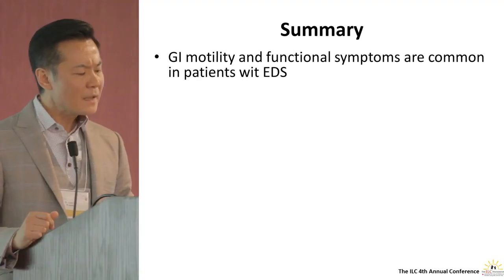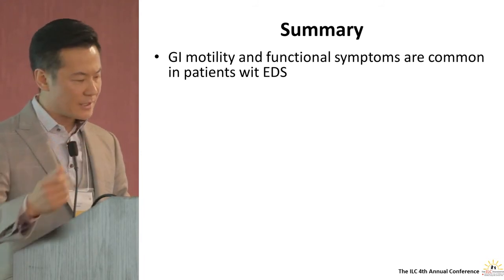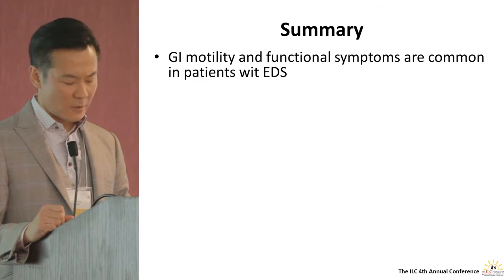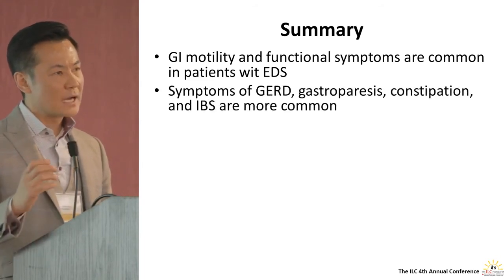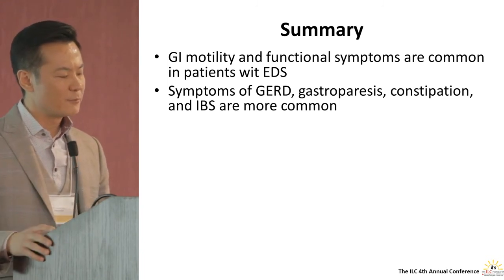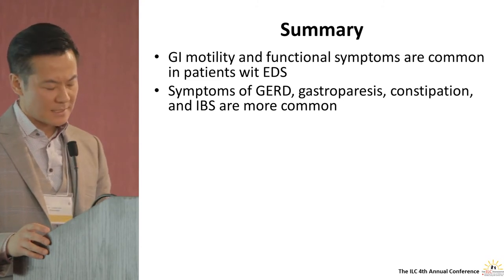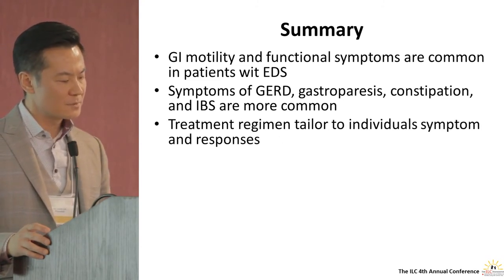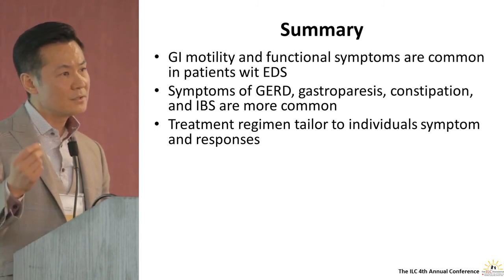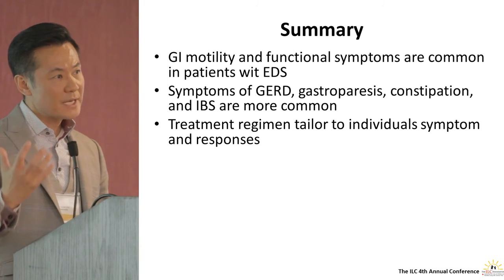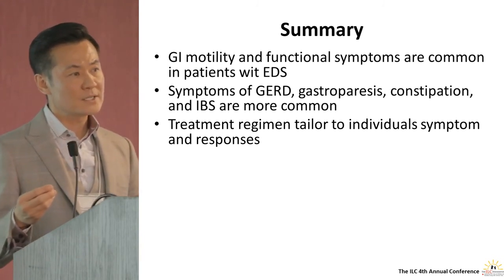In summary, I don't think I need to convince you. You already know that GI motility and functional symptoms are quite common in patients with EDS. Amongst those symptoms, gastroesophageal reflux disease, gastroparesis-like symptoms, constipation, and IBS are the more common symptoms that these patients experience. When we treat these patients, we need to think about tailoring a therapy regimen for that particular individual patient